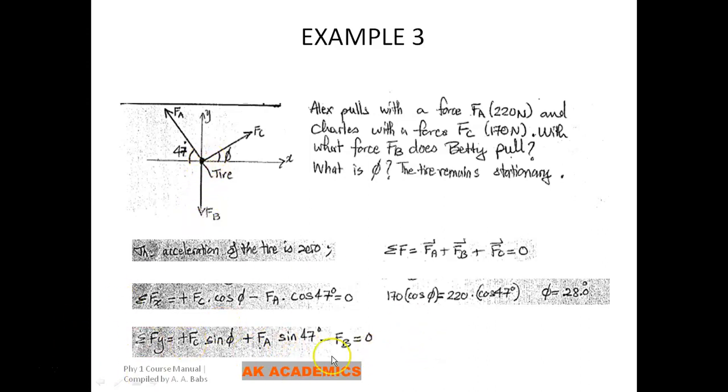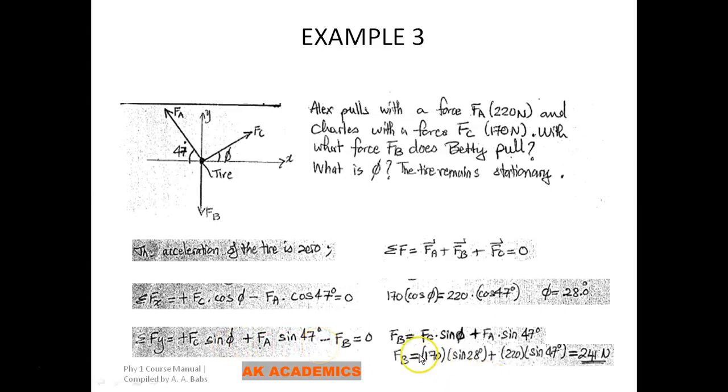The summation of all these forces would be equal to 0. So if you have this equal to 0, the next thing you want to do is to plug in all the values that we already know. You can first of all make Fb the subject of this entire equation. If you do that, you move Fb to the other side, so you have Fb equals Fc sine phi plus Fa sine 47. Then Fb will be equal to Fc, which is 170, multiplied by sine 28, because we found our phi to be 28 degrees. So we have 170 sine 28 plus Fa, which is 220 sine 47. If you carry out simple arithmetic using your calculator or your 4-figure table, you will obtain Fb to be